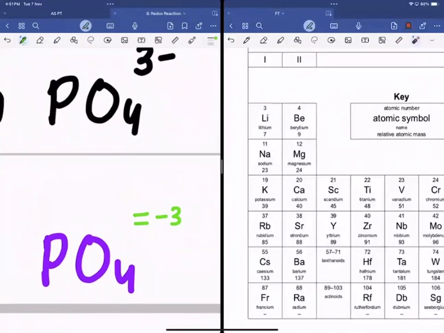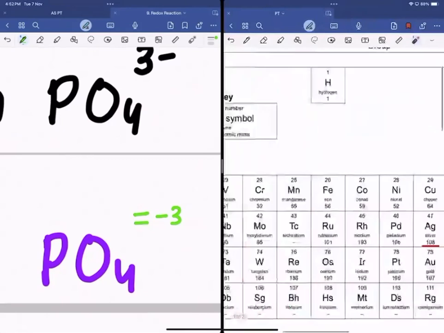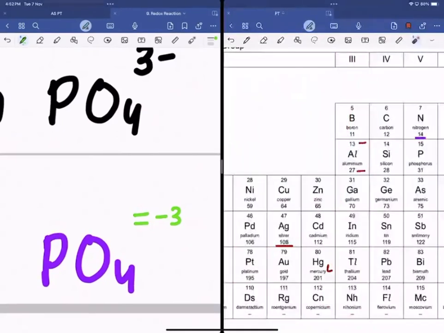PO4 is equal to minus 3. Yes. Okay, so is phosphorus, P, in group 1? No. Is it in group 2? No. Is it in group 3? No. So it means our first rule is overruled because there is nothing from group 1, group 2, and group 3. Now the second rule says,